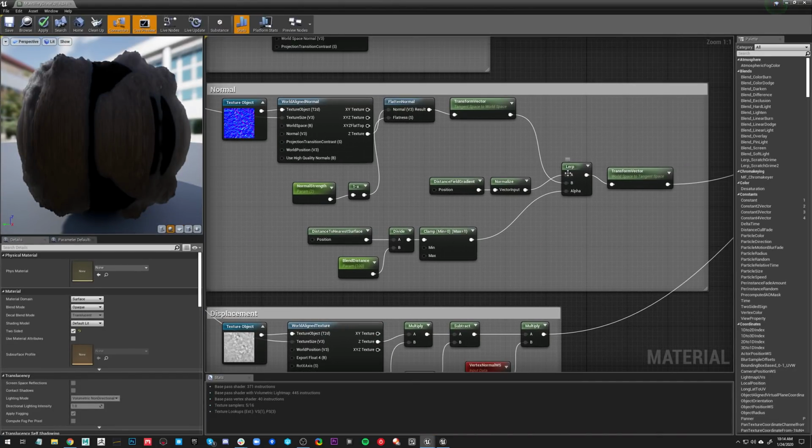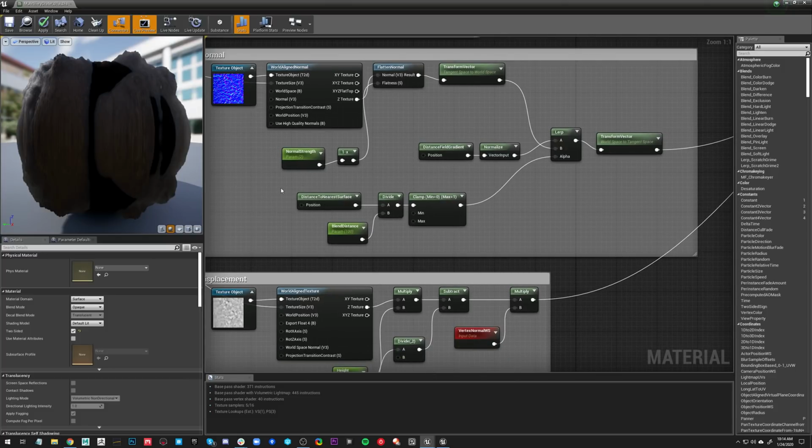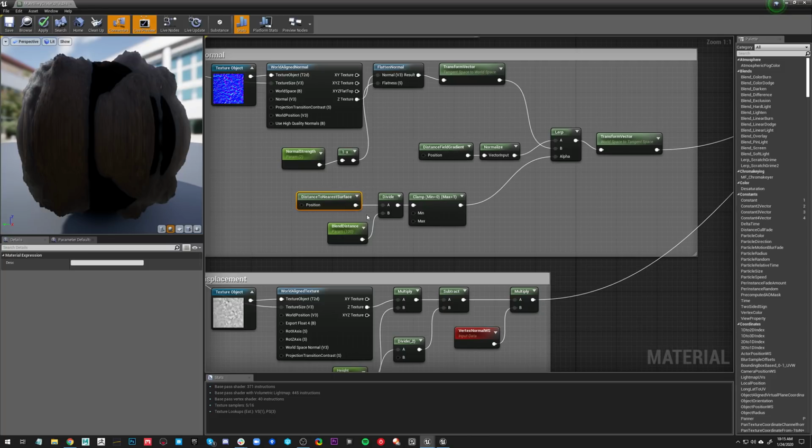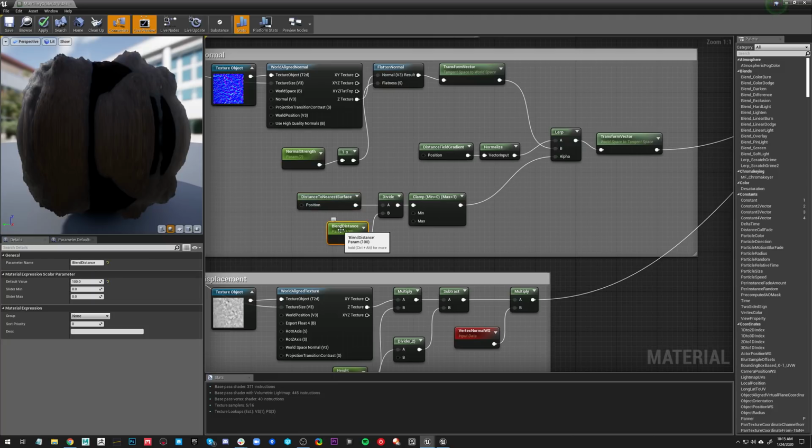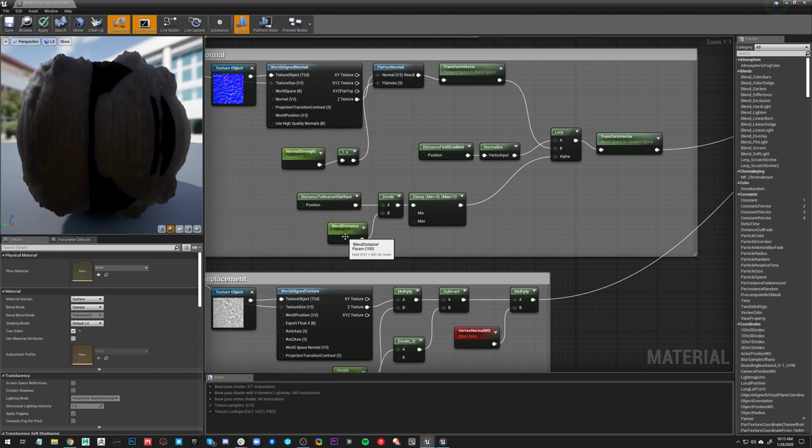Now to blend these, so we can sample where mesh intersections are happening, we need to use a distance to nearest surface node and divide that by our blend distance. This is what I was messing with earlier that controlled the falloff.